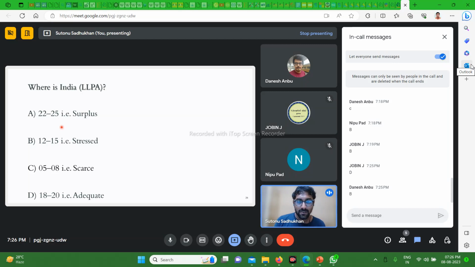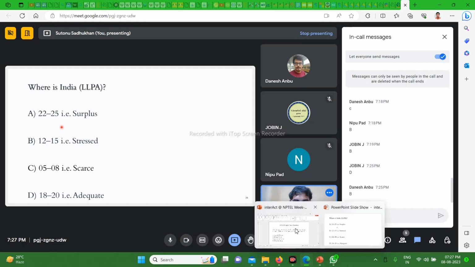If you are not googling, then I will expect that you don't Google. I am just taking a feel, because when I came across this course in my institute, I gave the wrong answer basically. So now I know the answer. There is no shame, so you can just go ahead and tell. Okay, so Nipu, Jobin has said B and Ganesh has said B. Okay, I will go forward.